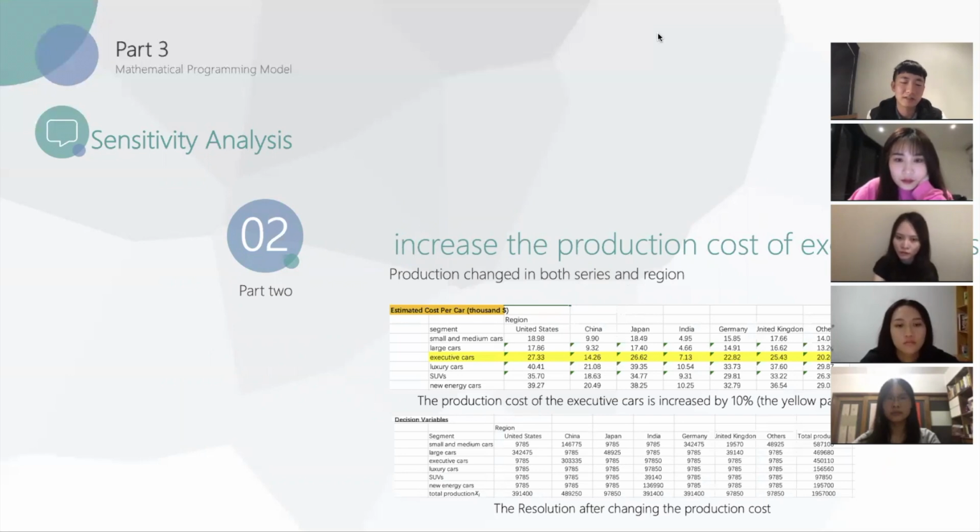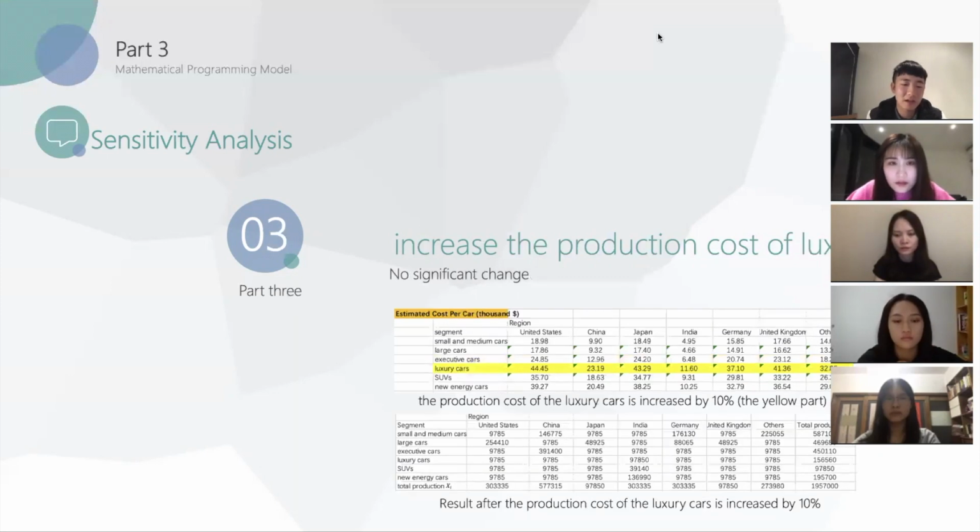After that, we can say that the production structure has changed in both regions and series. That is to say, there is little or no elasticity for regions like the United States, China, India, Germany, and others, as well as the series of new energy cars and luxury cars, because they reached the limit with no gradient. Under this conclusion, we carried out the third attempt that increased the production cost of the luxury